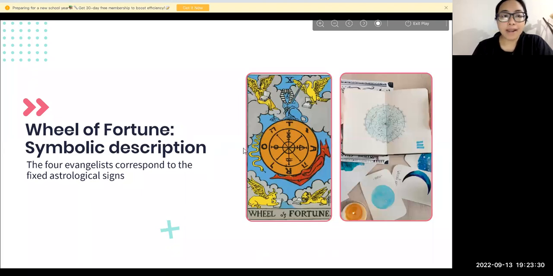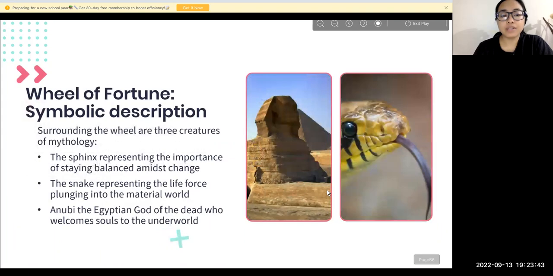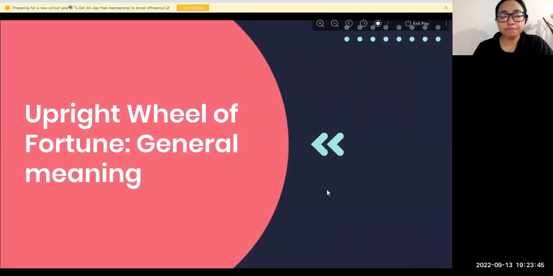So the good and the bad need to be balanced in life. The materialistic and the soul journey, or the spiritual journey and the materialistic journey, whatever you want to compare, need to be balanced, right? This is what the phoenix is saying.